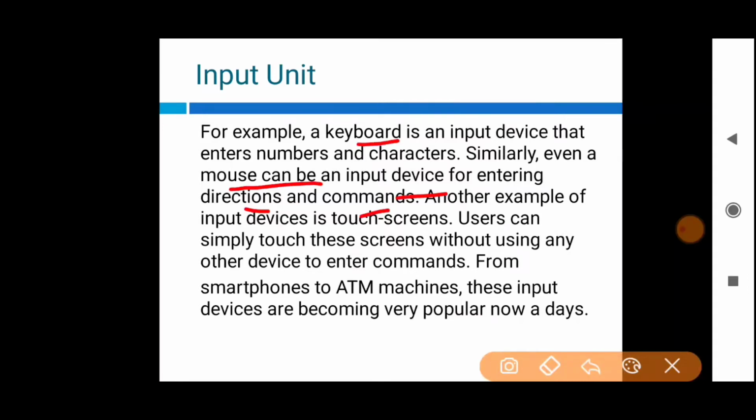Another example is the touch screen. As you can see in most ATMs and smartphones, you have this touch screen where you don't have to type in anything. Just by touching the screen you can enter the commands. Smartphones and ATM machines are becoming very popular nowadays.